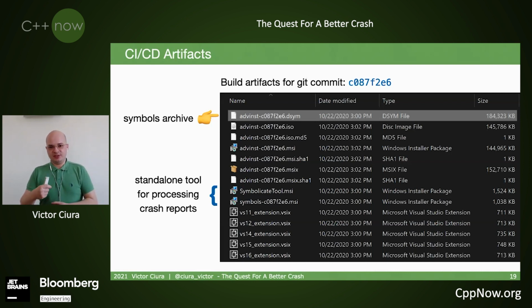So each time you build, even if you build from the same source, same git commit, you're going to get slightly different debug information and different binaries, because timestamps are involved and some other internals that I'm not going to discuss now. So you can make an effort to have deterministic builds, but it's not on by default, and it does require some special effort to set up.